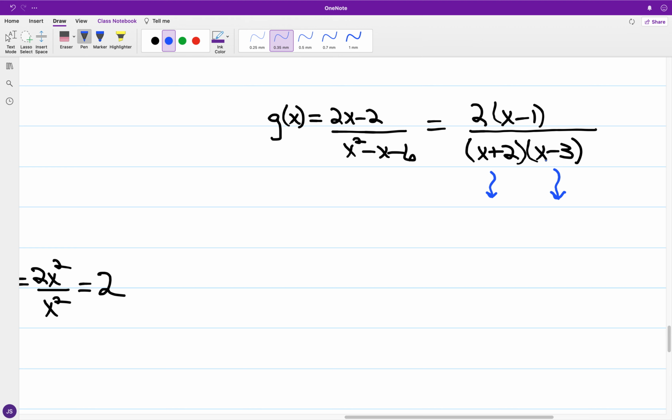is x plus 2 and x minus 3 will remain, and since they remain, the zeros of these have the restricted values from the domain, and they will come to define the vertical asymptotes, where we have x equal to -2 and also x is equal to 3. And in terms of any other asymptote,